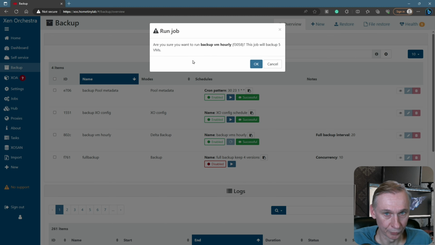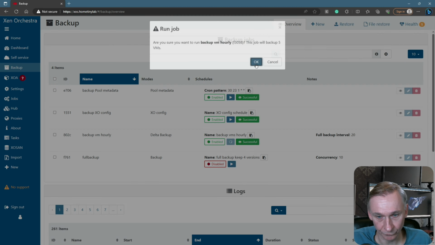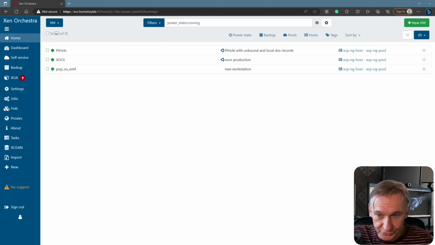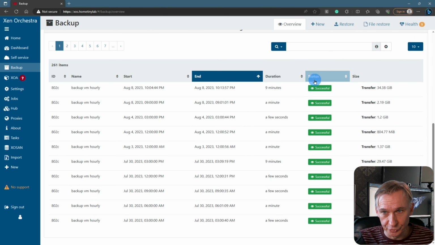And are you sure you want to run backup VM hourly? Okay, you go to tasks, you can follow up with what he is busy doing. So I will be back when the backup is finished. This is the second day. If the backup was successful,